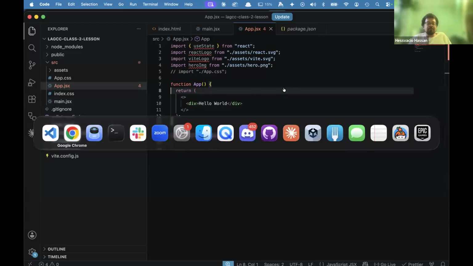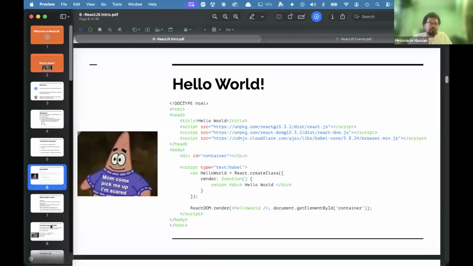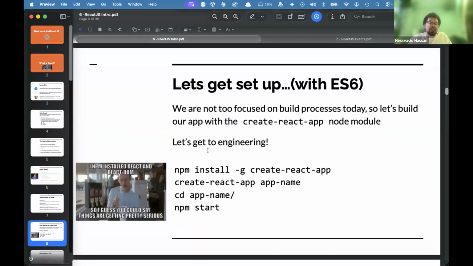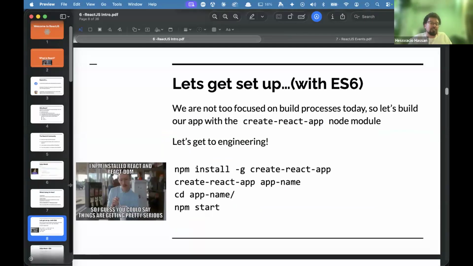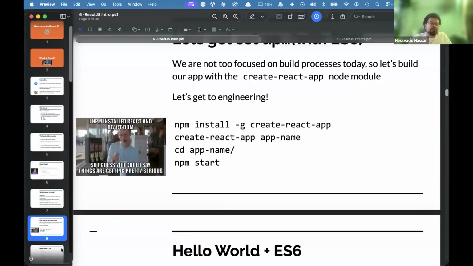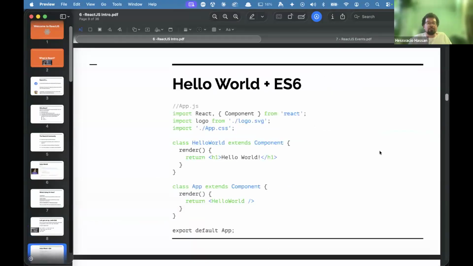So back in the day, we had to do create React app and do all of that stuff. Basically, there were actually even more, you know, a couple of extra things you had to do. As you can see now, it is a way easier process to just get up and running with React. Okay, so again, we did this example here where we've created a component that just says